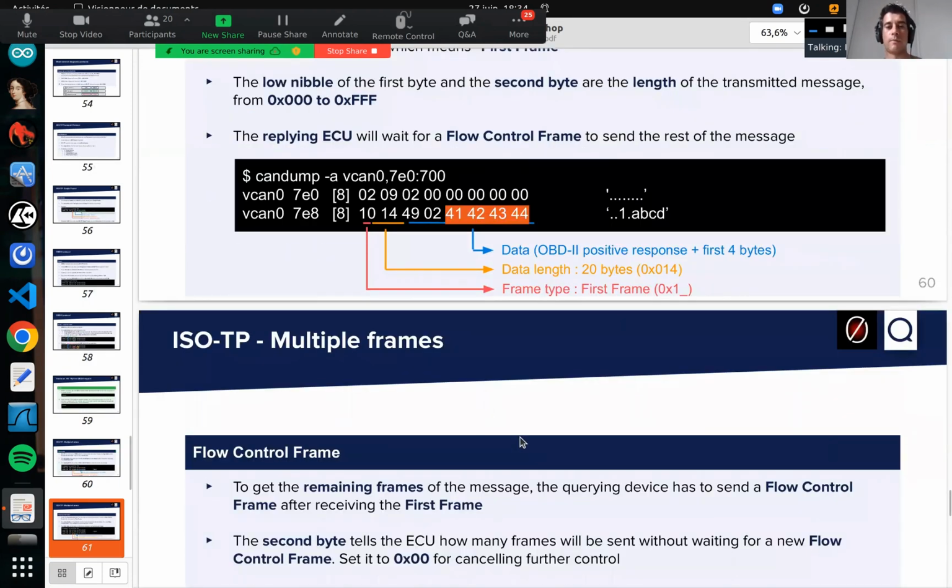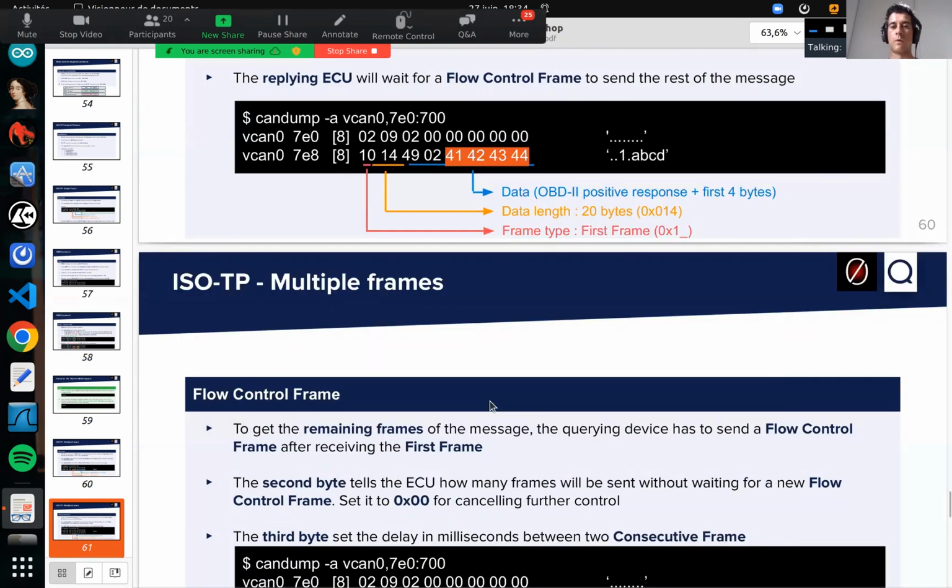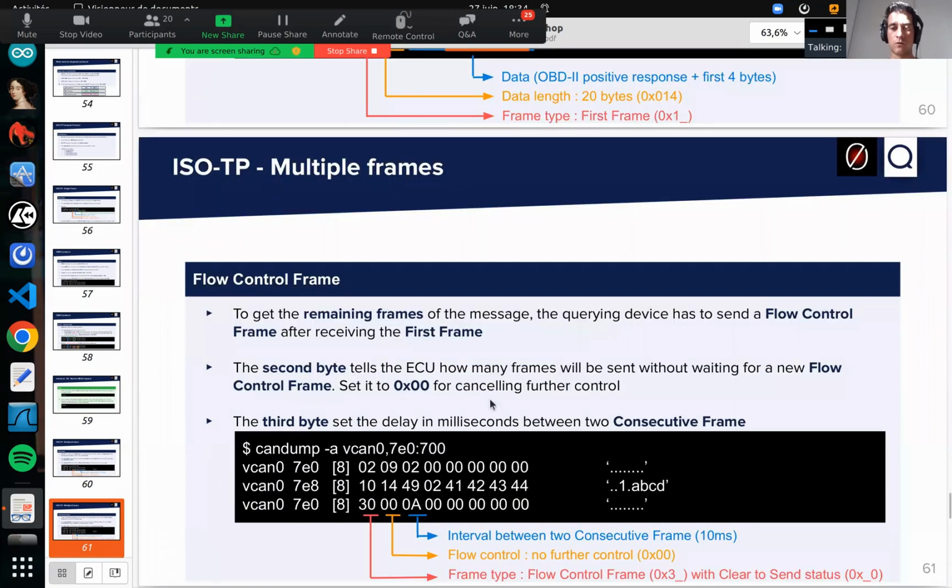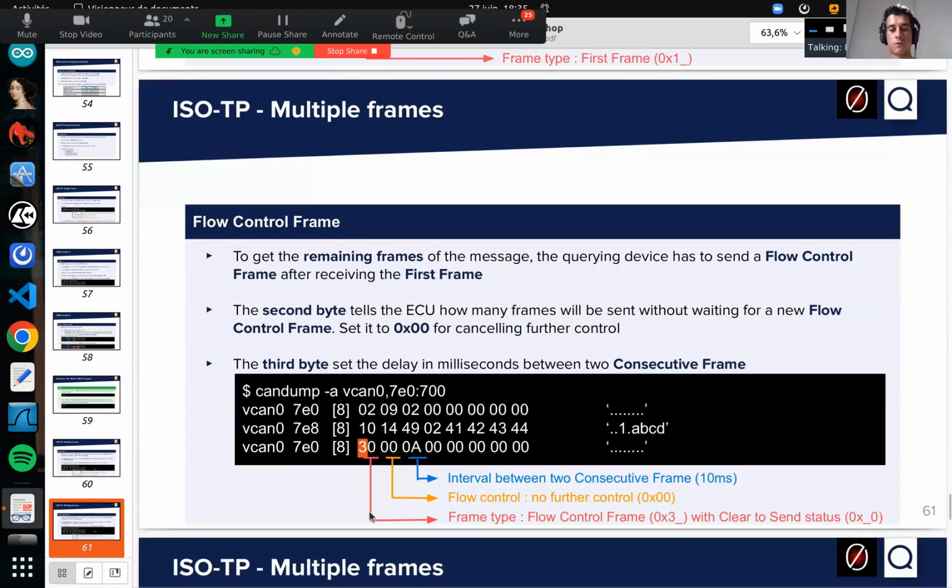When an ECU replies with an ISOTP frame, when it sends a first frame, it will wait for a flow control frame, this kind of frame, which will start with a 3. Okay. If you don't send any flow control frame, the transmission will stop. If the flow control frame is not sent within a specific interval, if you send it too late,